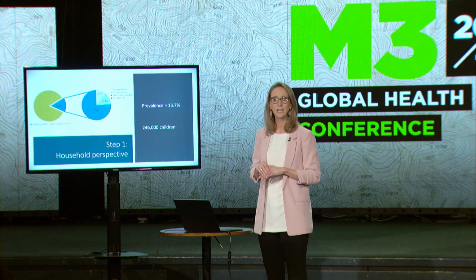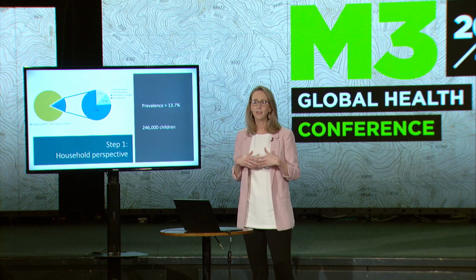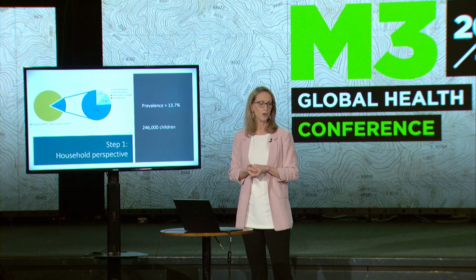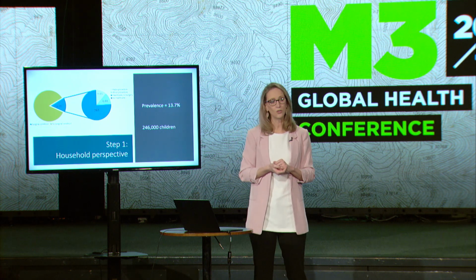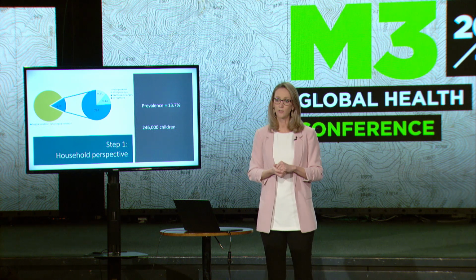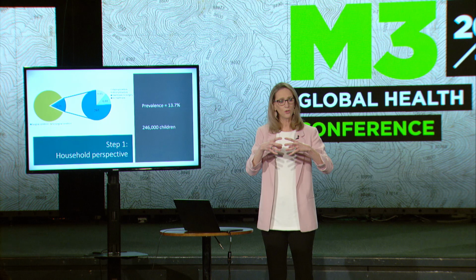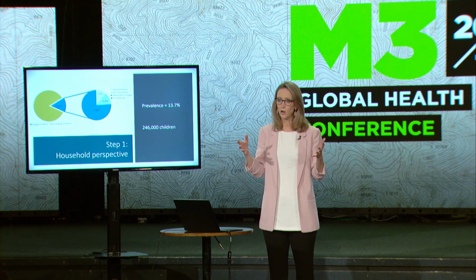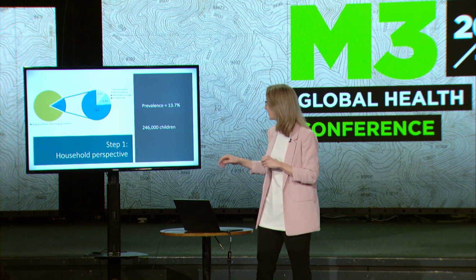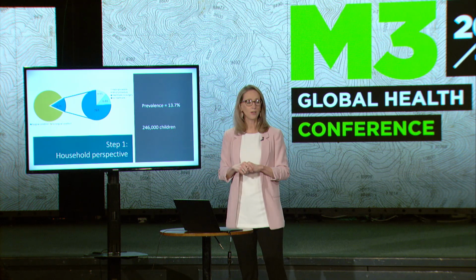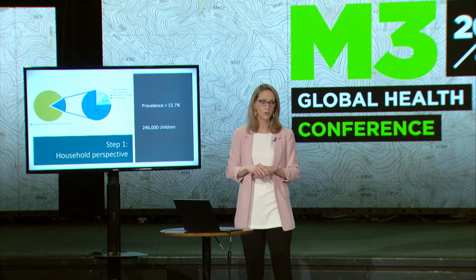For step 1 in the community, we found a prevalence of 13.7%. That's an epidemiologic term of saying 13.7% of children at one point in time in the country need surgery for some sort of condition. Remember, we had the 900 homes to represent the 2 million homes. When you extrapolate that prevalence over the 2 million children, that equates to 246,000 children at one point in time in the country that need surgery.